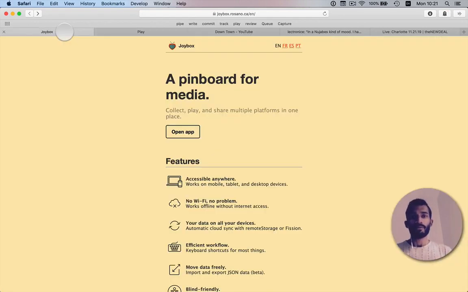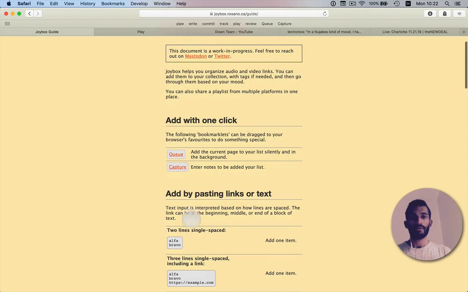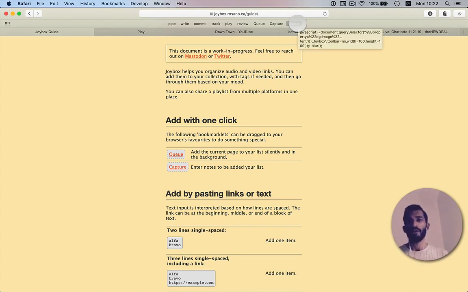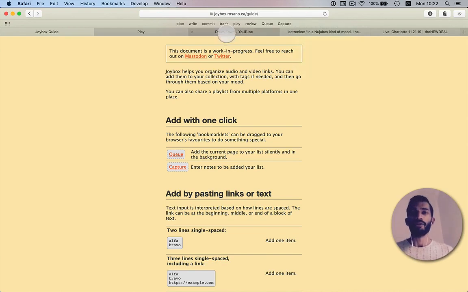So here on the website, you can go to the guide, and there are these two bookmarklets, which are like special links that you can add to your browser. You can just take one, drag it, and drop it in, and then you have a link here that you can click on, and it does something special. You notice I've already done this here, so I'm going to delete this, and I'm going to show how this